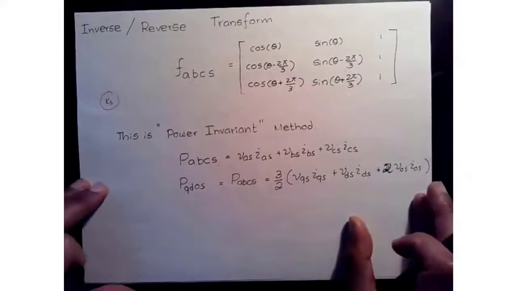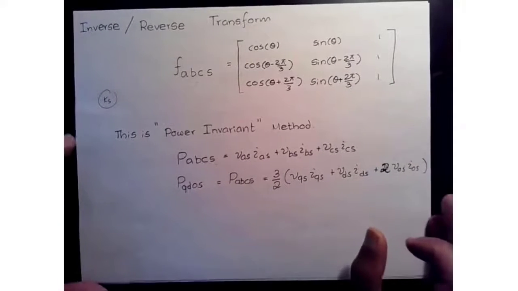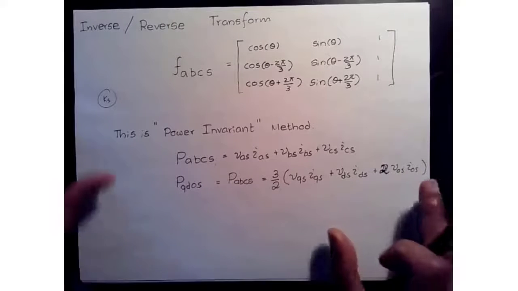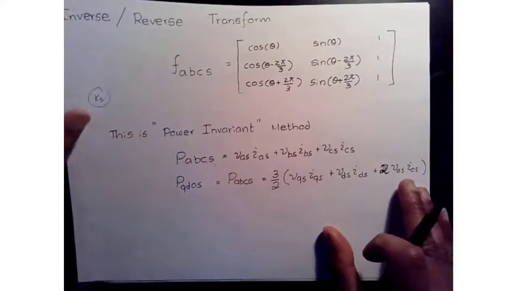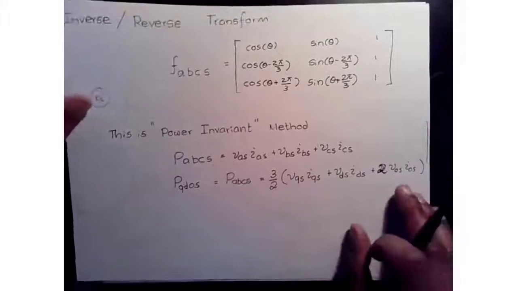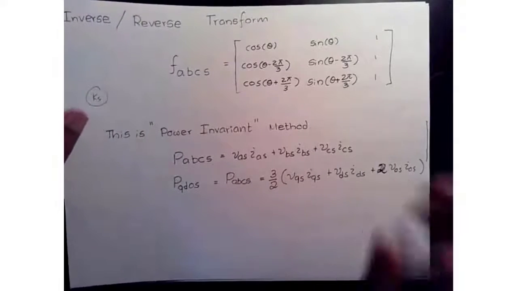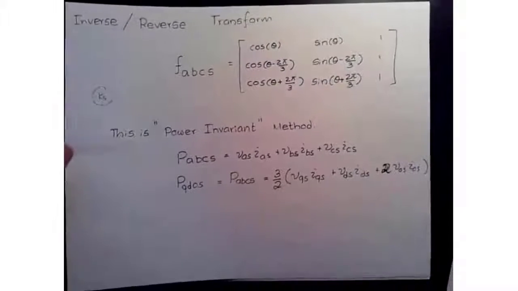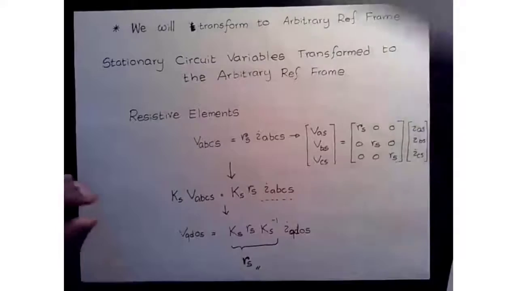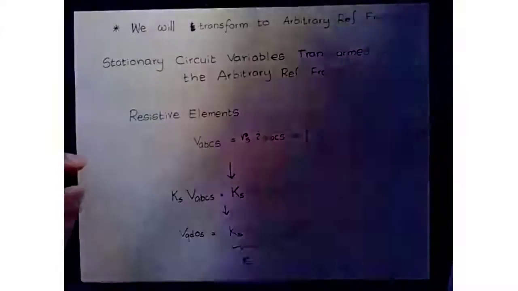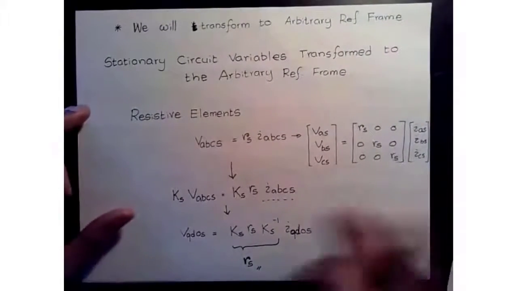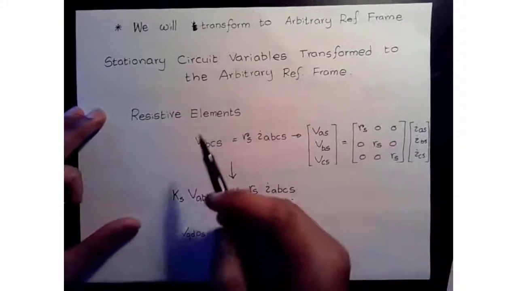If you look at different literature, they might be using voltage invariance. Just be cautious of that. Okay. So we know the forward transform, we know the inverse transform. So what can we do next, right? So next, what we can do is we can actually try to even apply them to